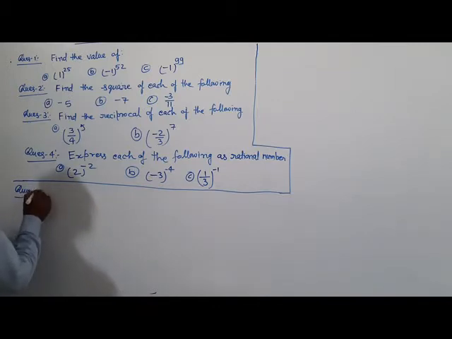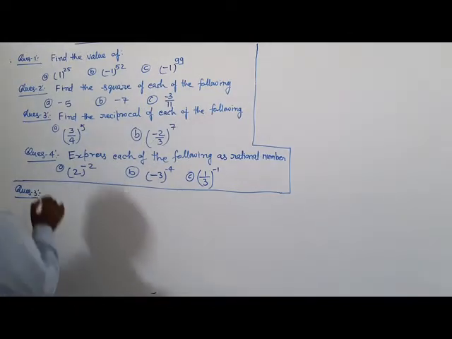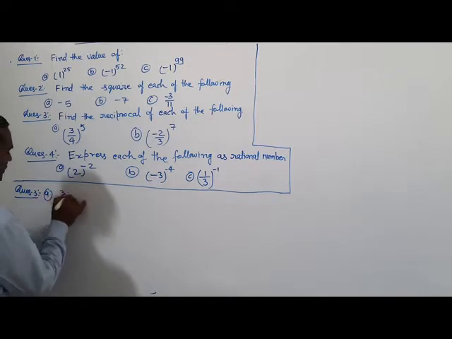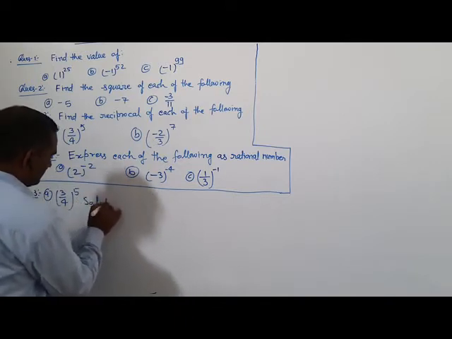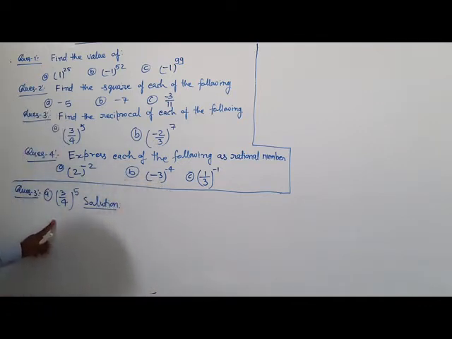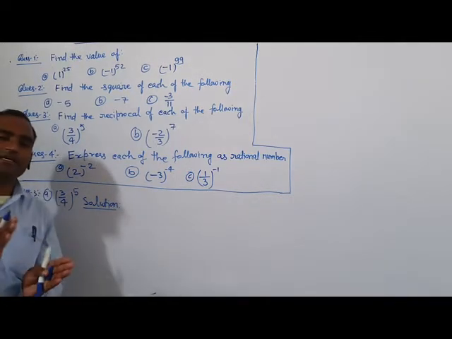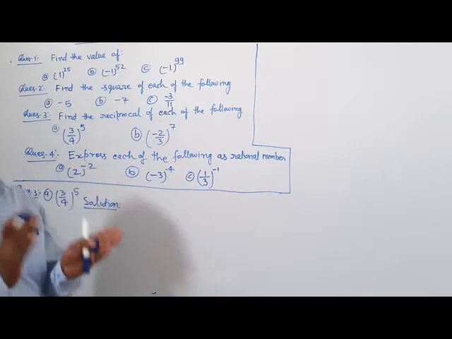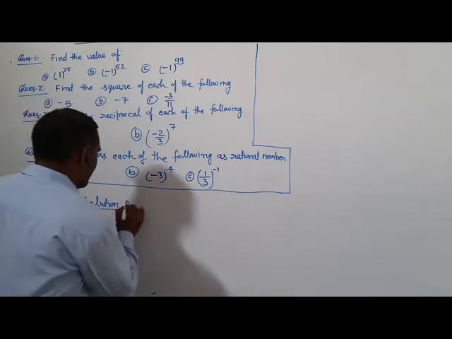Question 3. Find the reciprocal of each of the following. A. 3 by 4 raised to power 5. Solution. You have to write the reciprocal. In the reciprocal, you have to change numerator into denominator, denominator into numerator. Only you have to do this. So reciprocal